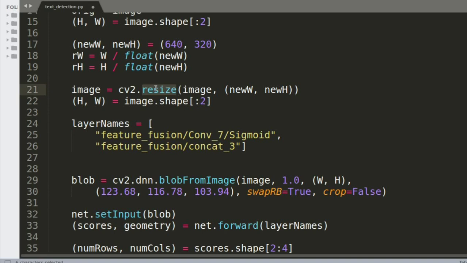And I'm resizing the image into a 640 by 320 here, and these are 2 layers. So what are these? This is again something to do with how the EAST algorithm was trained, and their neural network gives out 2 outputs. One is the score, which gives out the confidence of the text which was detected, and the second is nothing but the geometry. So how is the text oriented, whether it is